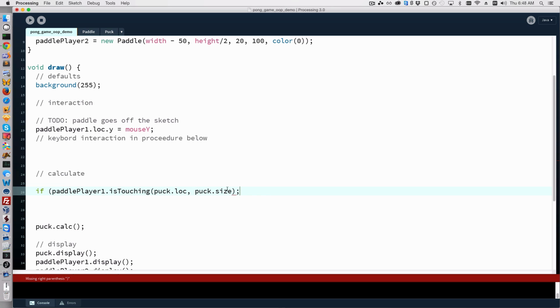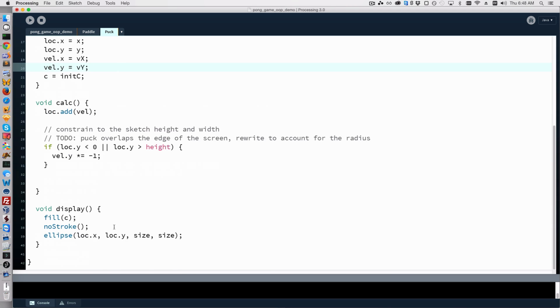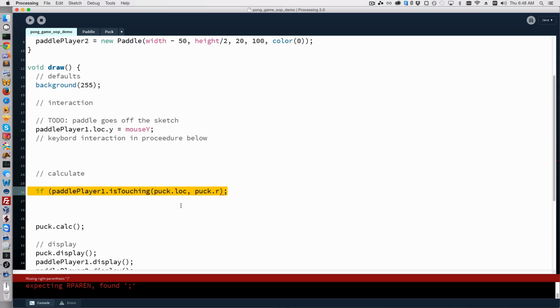And I might even just go right now and think this doesn't really make much sense, the name of it. And I'm going to rename it r, go back into puck and refactor that. So size is going to be r for radius. And these are just short. It's probably not the best way to name them, but I just want to do it very quickly. And then we're using size here, radius, and radius, right? So if this is going on,